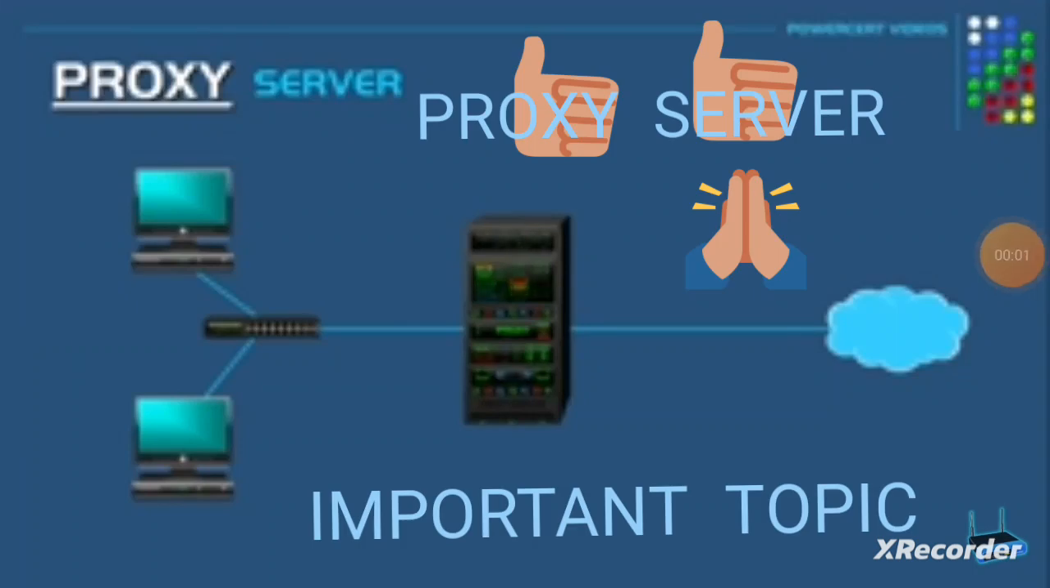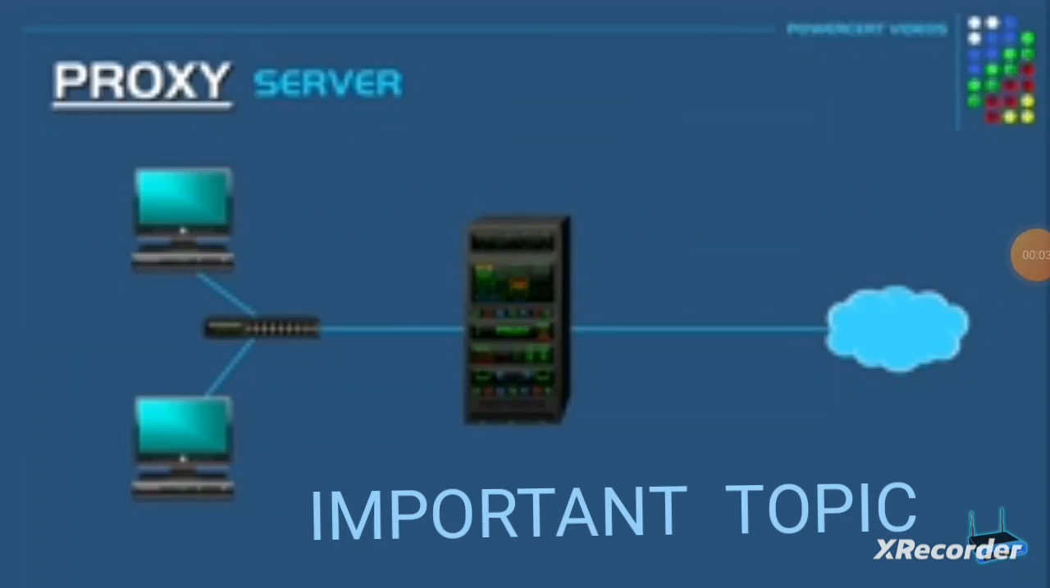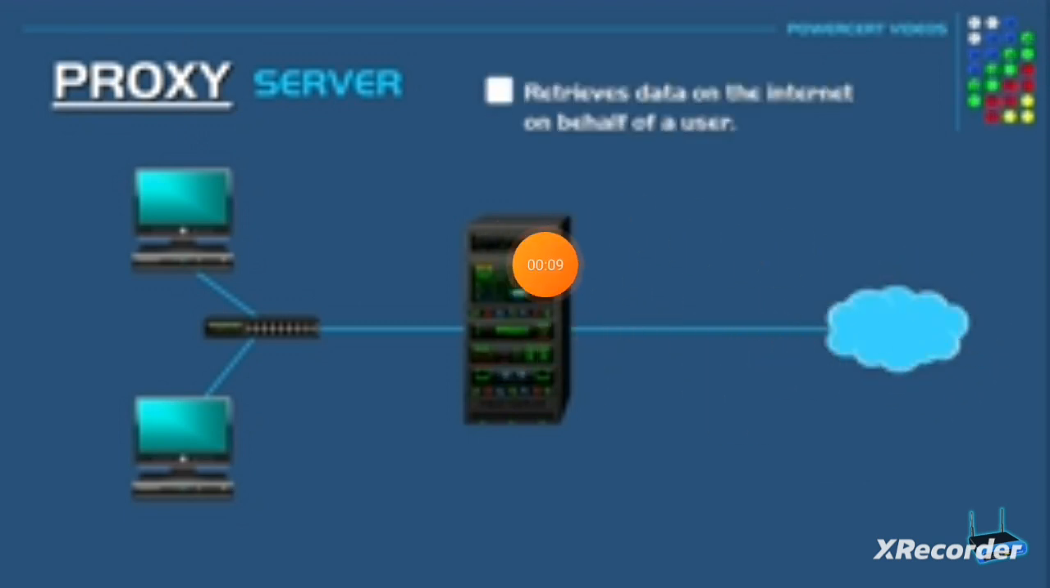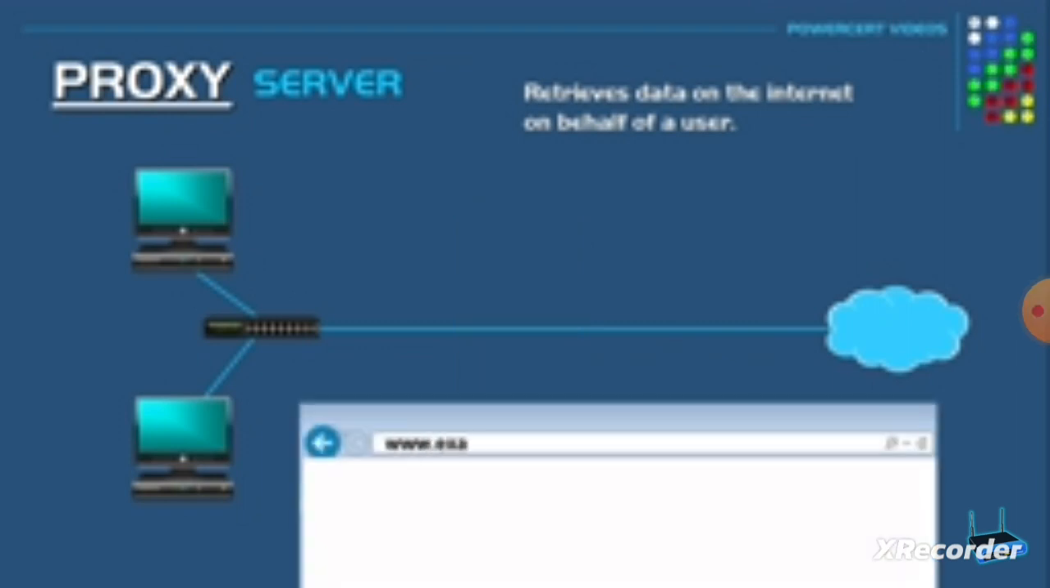Is a proxy server. So that is the topic of this video. Now, a proxy server is a server that retrieves data out on the internet, such as a web page, on behalf of a user. So, for example, normally when a computer wants to view a web page out on the internet, you would just open up a web browser and then type in the address and retrieve that web page